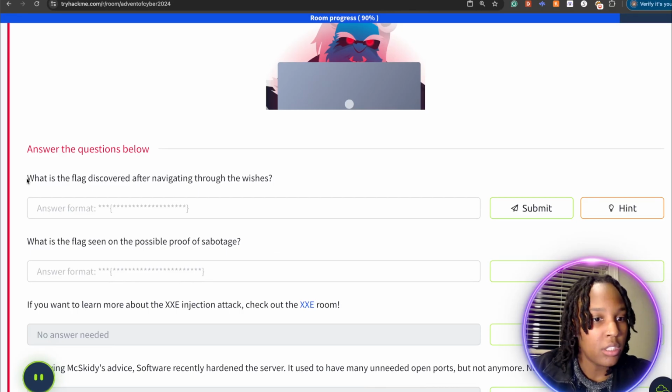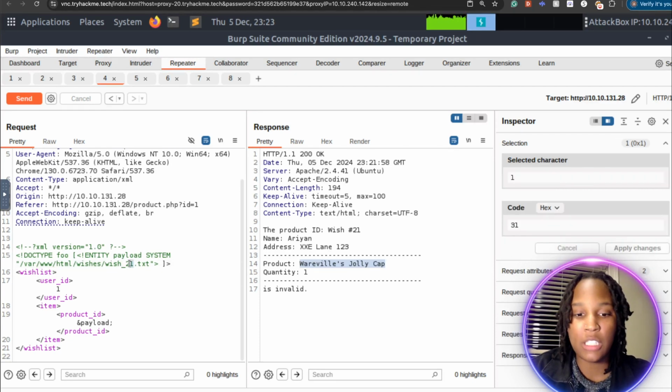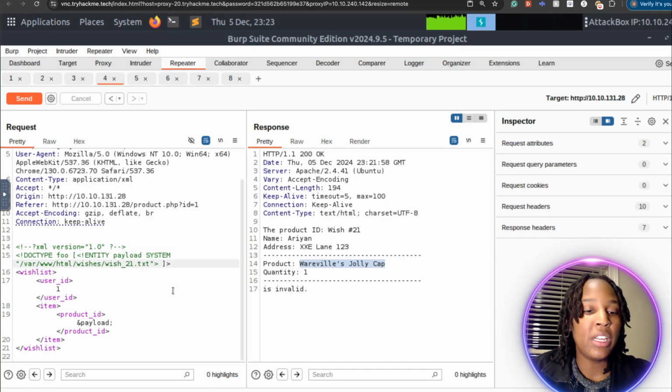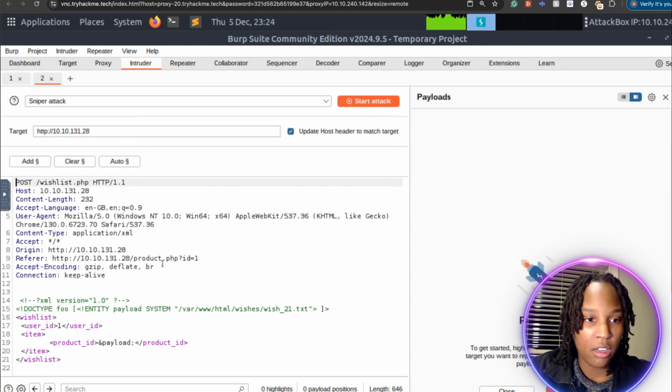Okay, let's get to our questions. So what is the flag discovered after navigating the wishes? So we could change our number starting at 1 and just kind of go through it 1 through 21, or we can send this request to our Intruder and have it run that way by number. So I think that's what we're going to do. I'm actually going to do Control-I, which will send this to the Intruder, as you see that highlighted. So now we see the same exact request, and now because we want to reference our number, we're going to go ahead and highlight the number, click add,